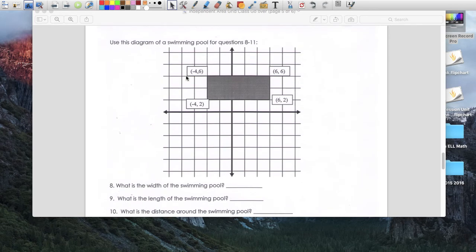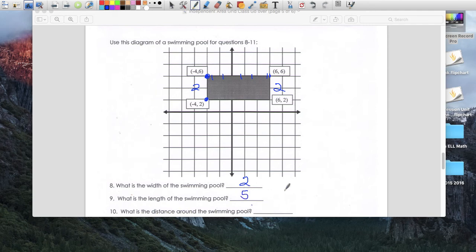Use a diagram for something to find the width, right? So the width is this. It's very easy to count from here to here. It's just 2 units, which makes this guy over here 2 units. And the width would be the width here. Then the length would be from here to here. You can go 1, 2, 3, 4,